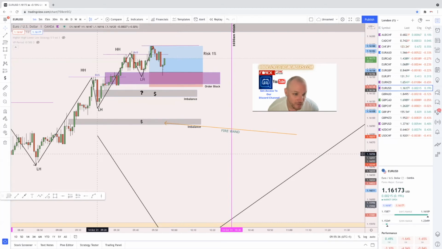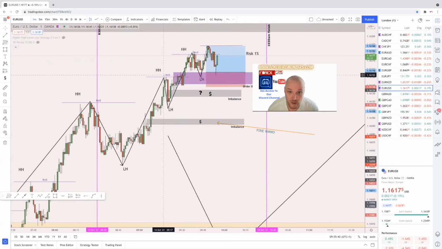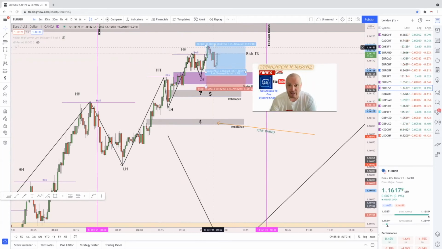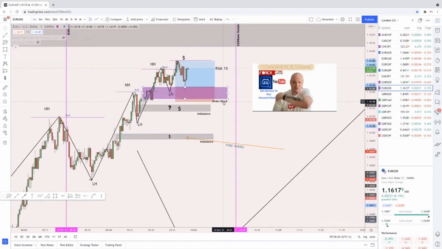So again, on the way up we've come up and broke structure, broke structure, broke structure, broke structure. But each push, as you can see, the higher highs are getting more and more restricted. So possibly we might get a liquidity double top, if that makes sense. We might get a mitigation on a double top on this side, and then we might start seeing some sort of reversal, but it's heading towards there at the moment.